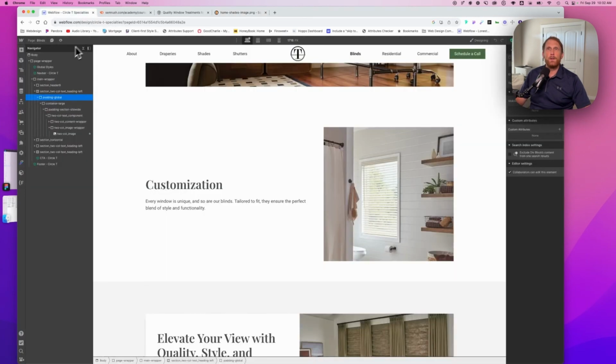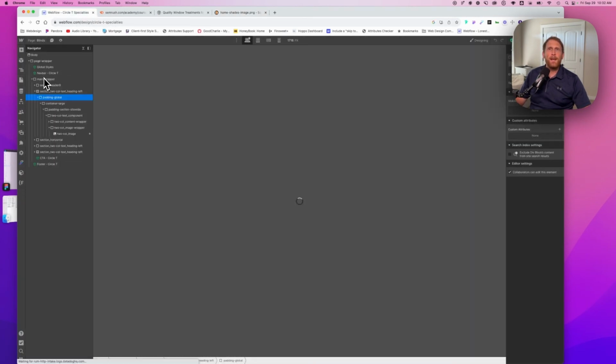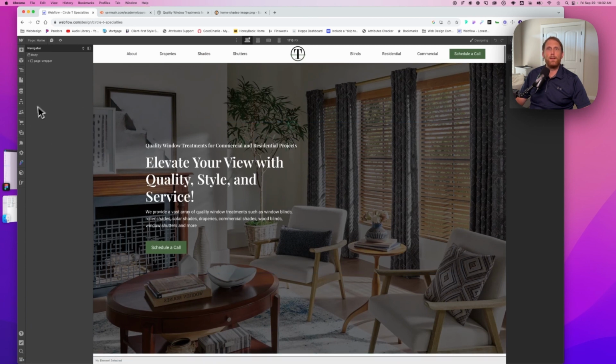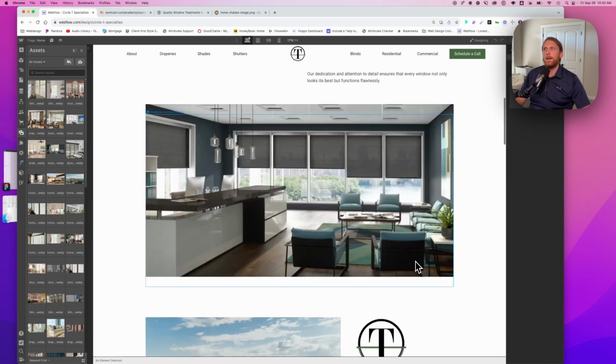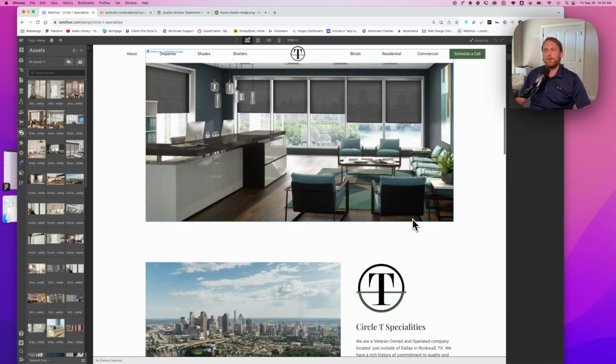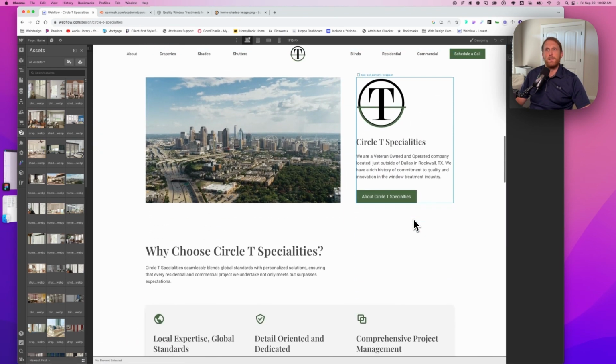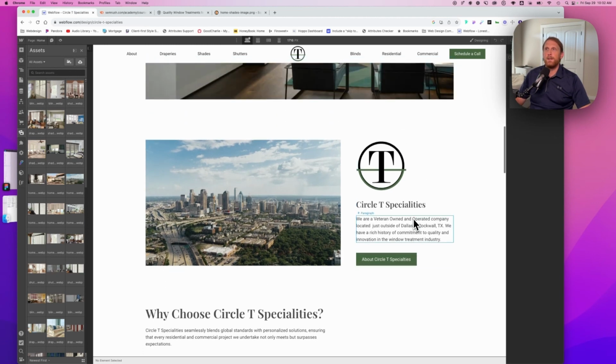Then I'm going to move over to the website, and at that point I'm actually going to start pulling these into my assets panel. So you see that I have them all there, and then I'll start laying out a website, and I'll start pulling in the particular images. Now, one of the reasons that I do this at, say,